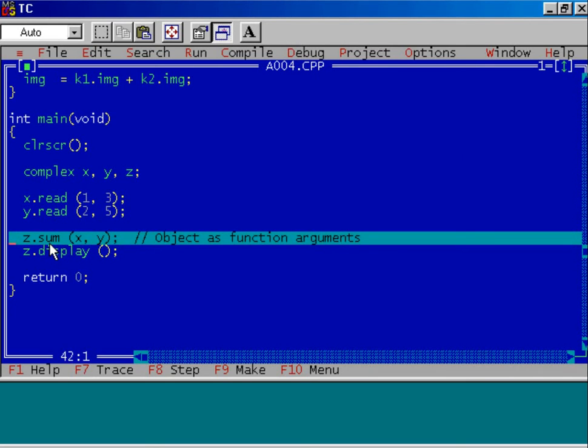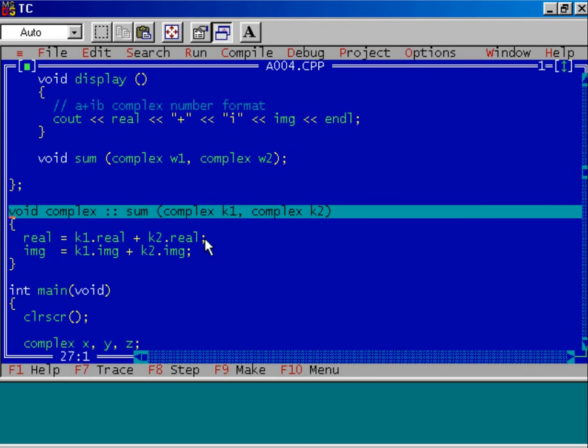now observe the most important part of this program. I am calling the function sum. Here I have not passed normal values as an argument to the function. I have passed the entire object as an argument to the function sum. So press F7 key. The x and y are passed to the function sum by pass by value method.